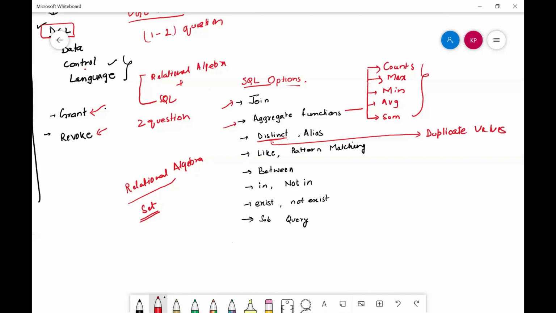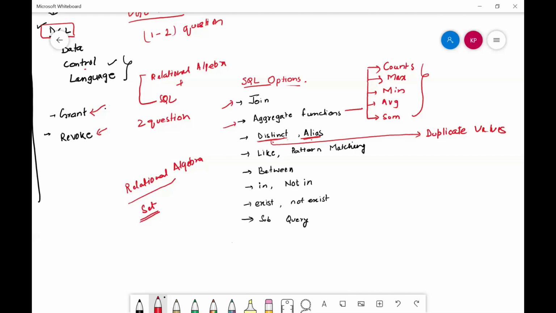Another option is alias. Sometimes we need to change the name of a column. The select command is used to retrieve the data, and while we retrieve it, it is always good to change the name of the column we are displaying in some meaningful way.